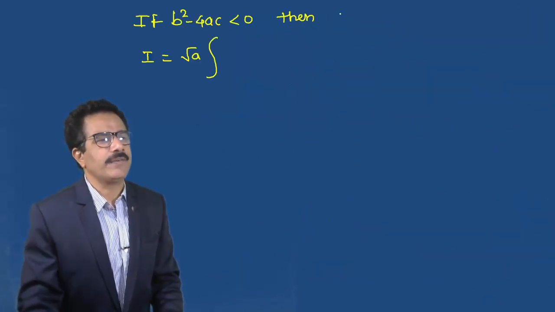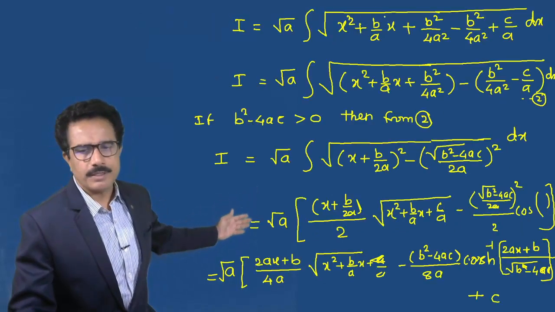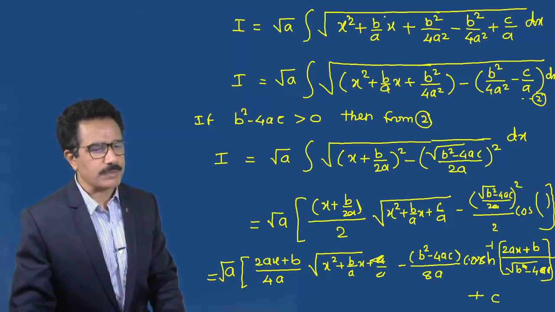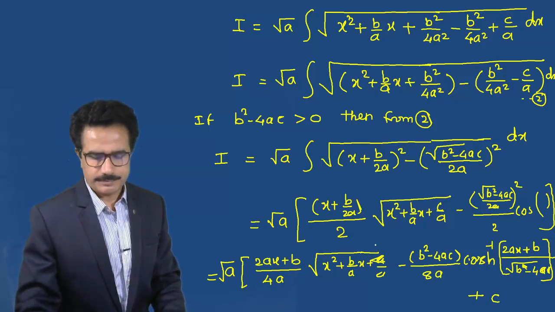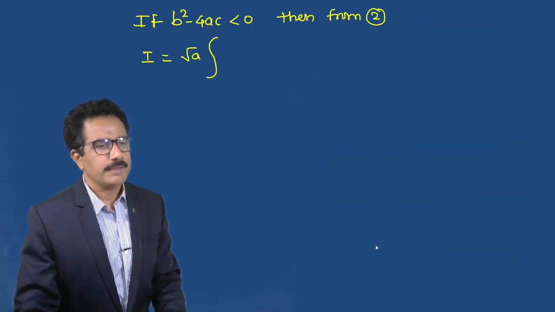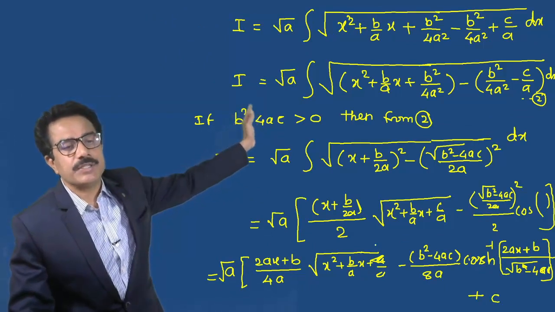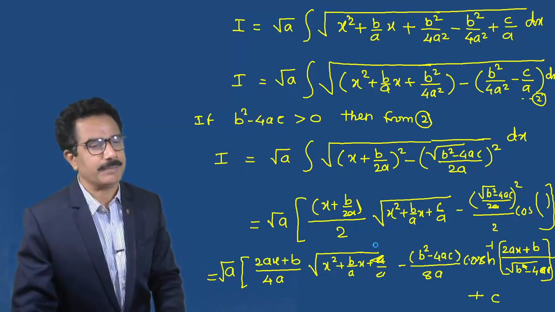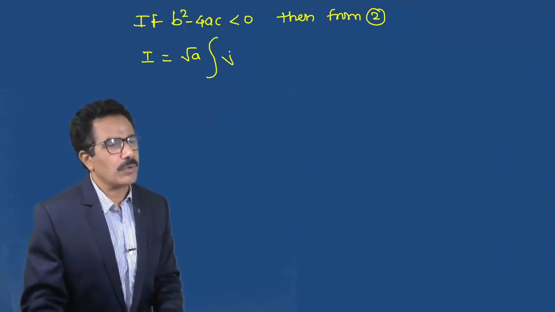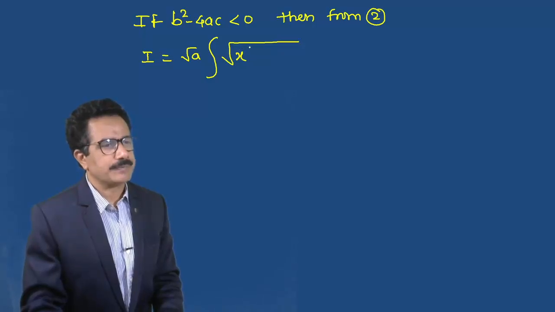then we can write from 2, what we have to write? We have to express this root of 2ax plus b upon 4a. So this can be written as, if b is greater than 0, then we have to multiply in the bracket, in equation 2, multiply in the bracket. So root of x square